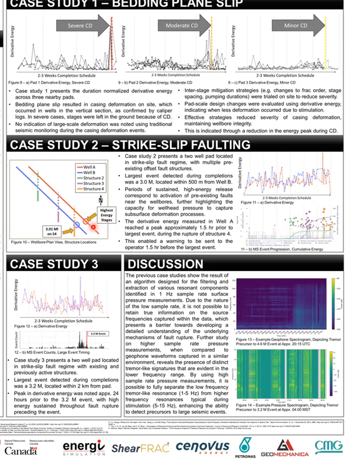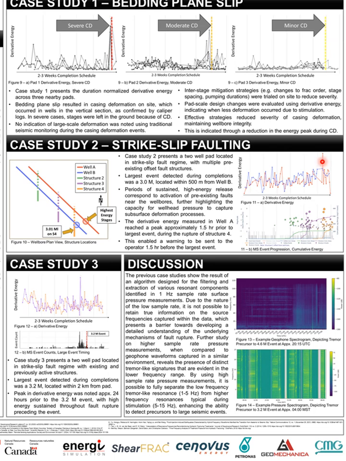The largest event detected during completions was a 3.01 local magnitude on the 4th structure, located within 500 meters from well B. What we see is that during the activation of these various fault structures, we see a consistent increase in energy in these two wells. And just before the magnitude 3 event, we see the highest energy in a stage in